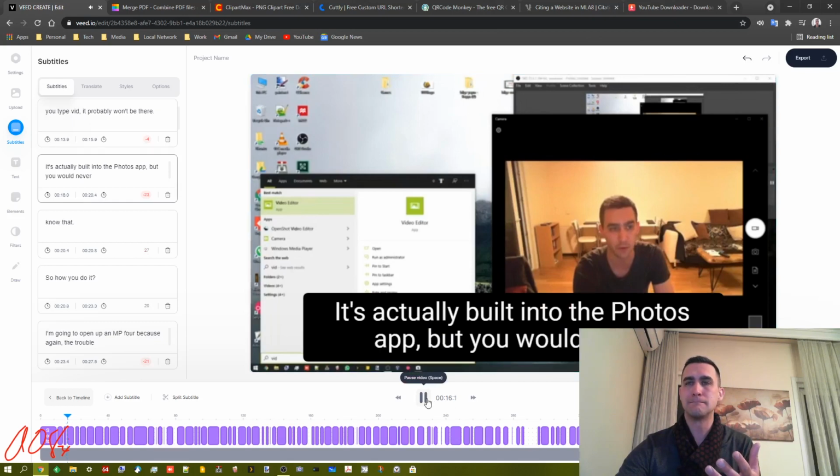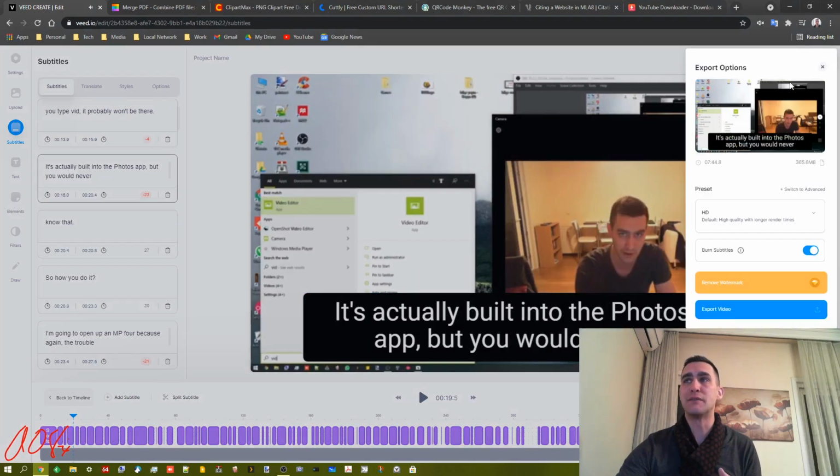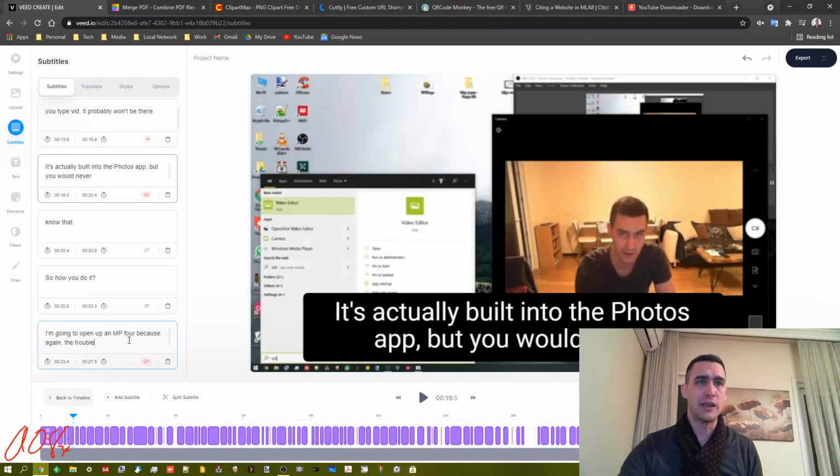It's actually built into the video. And then what you can do, if you choose, is export that video with the subtitles as a separate MP4 file. I believe it's MP4 anyways. You might be able to choose, but I think it's probably an MP4 file. But what you end up with is, you had a video without captions, you end up with a video with captions. Now here's the thing, you can see right here,